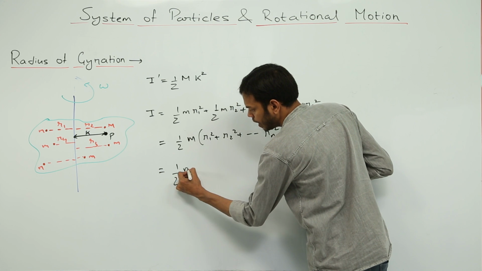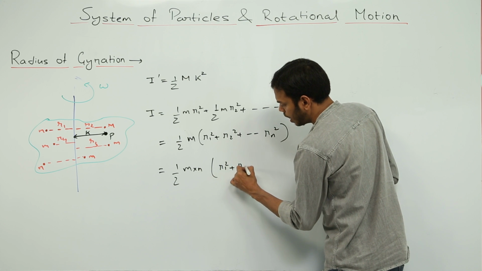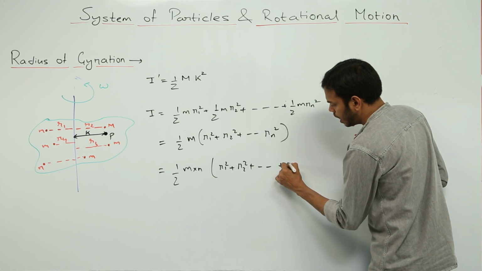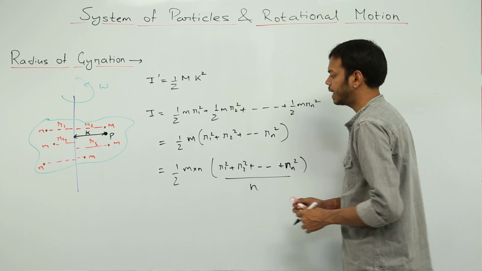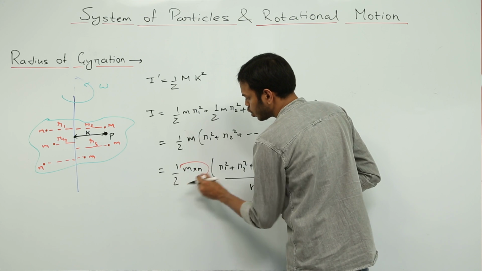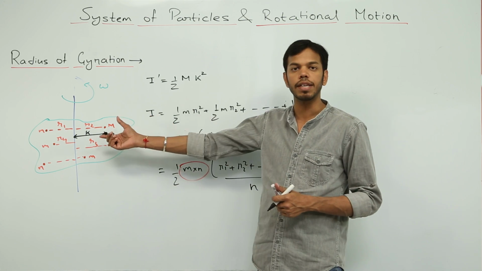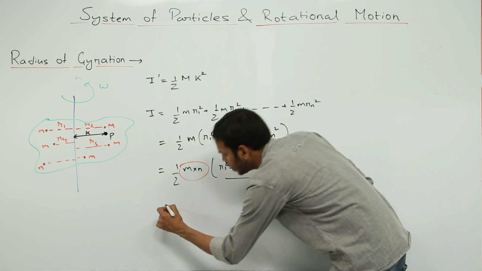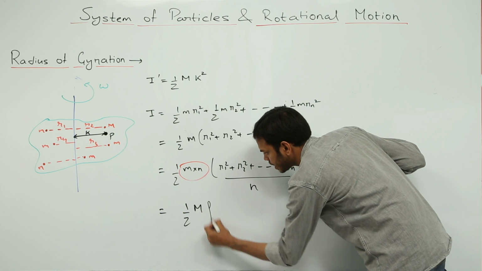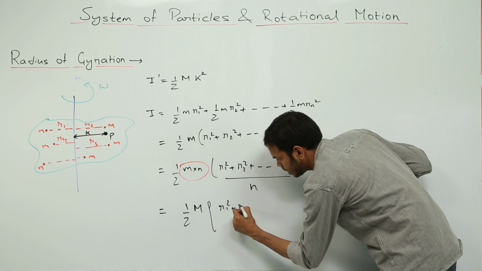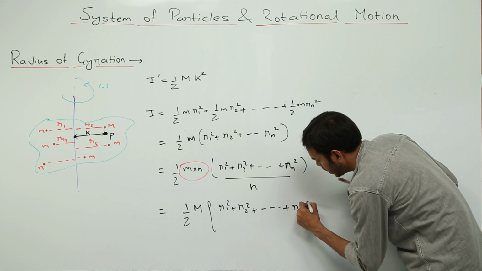So I'll have m into n, times r1 square plus r2 square plus dash dash dash rn square, divided by n, right? This thing solves the purpose. So n number of particles, each of mass m, is giving me the total mass of the system. So this is half M times this, which is r1 square plus r2 square plus dash dash dash rn square